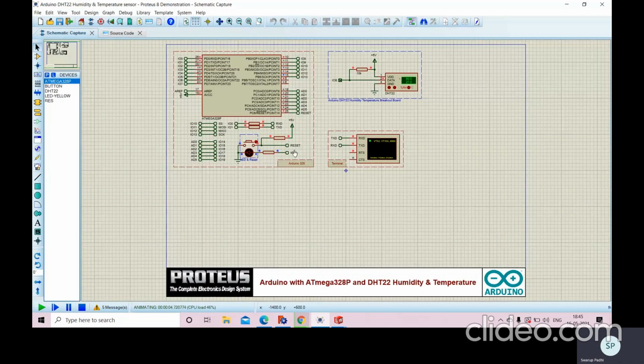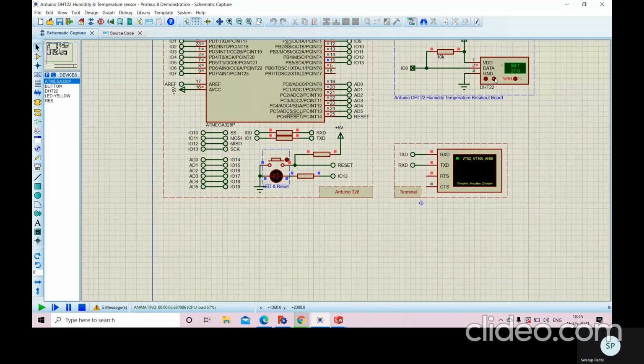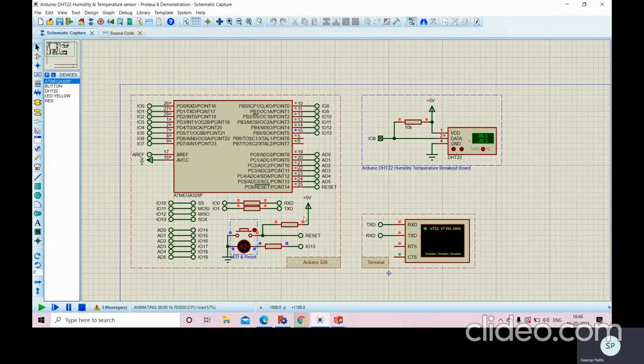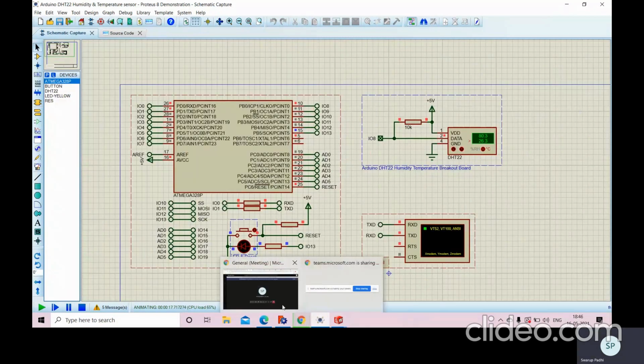So this is my schematic capture. We can obviously change the temperature and humidity accordingly. For example, if our temperature is greater than 28 and humidity less than 25, then we do get an output which is high for a time period of 1 second. If the temperature is less than or equal to 15 and humidity greater than 60%, then output is high for a time of 500 milliseconds. So this is the schematic capture for the first question.